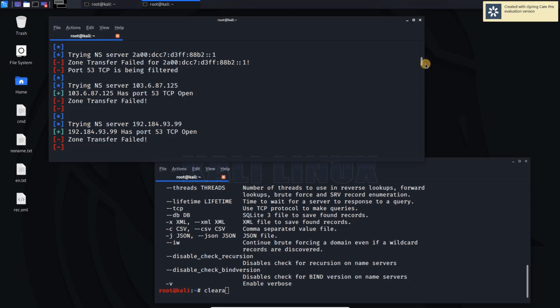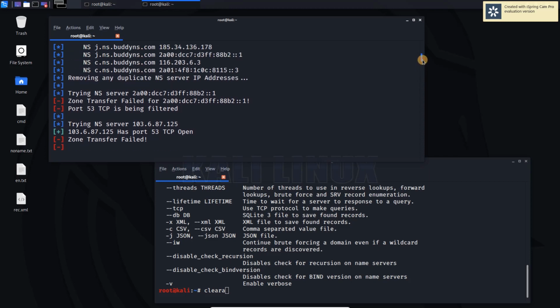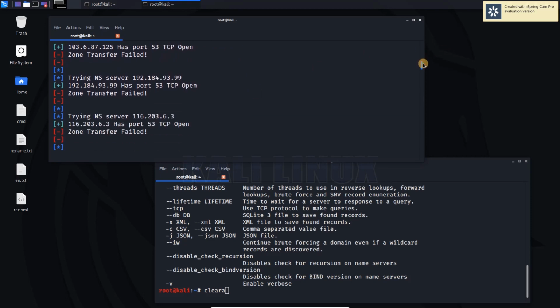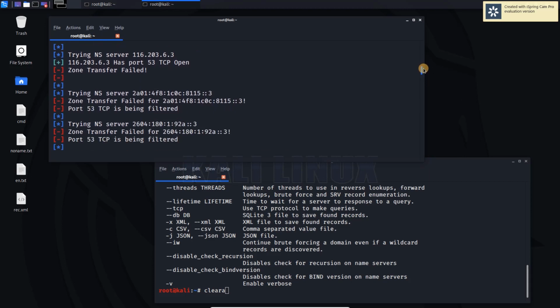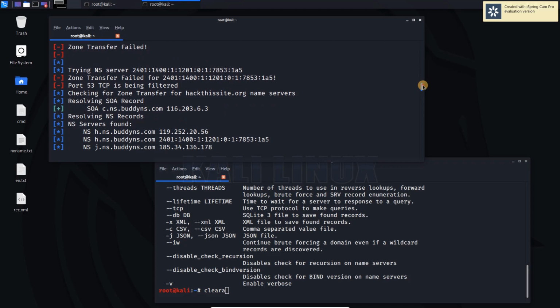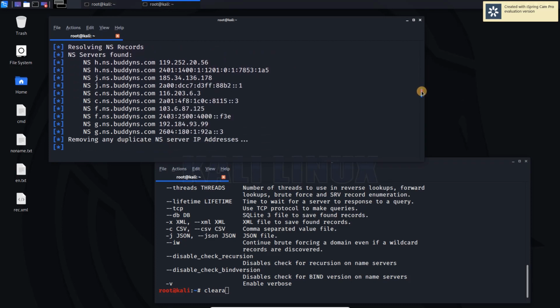When it tried to do zone transfer, we found that this IP address has port 53 TCP open. So we can also know that the TCP port is open. This is also very important to keep in mind if you are performing pen testing.